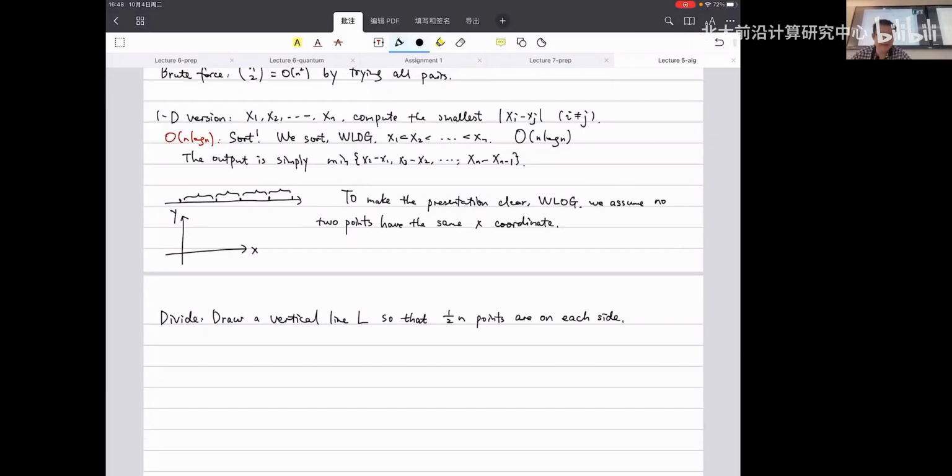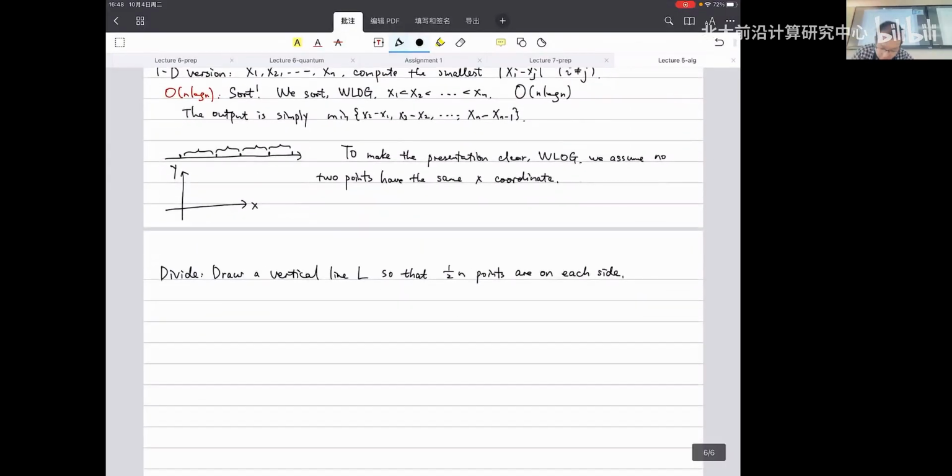So here, for the ease of our discussion, we can also, without loss of generality, assume that n is a power of 2. We just draw a vertical line L, and based on our assumption that no 2 points have the same x coordinate. This is just for the ease of our life, and actually this is not so difficult to relax. Assuming this, we know that we can draw a vertical line L so that n over 2 points are on each side. So this is actually doable